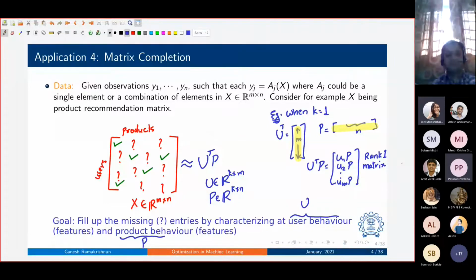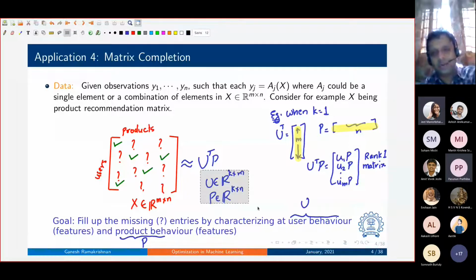Of course, we are looking at something more interesting than this. What we want is X to be somewhat characterized by simple user behavior and simple product behavior. We want there to be simplicity in X. That's what we are trying to capture. But this is overly simple. So can you think of a better simplification? My hint to you is the simplicity can come through K. K being one is one extreme example, but what would be a more practical example of simplicity?